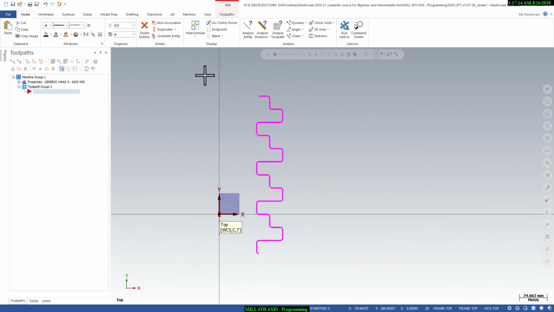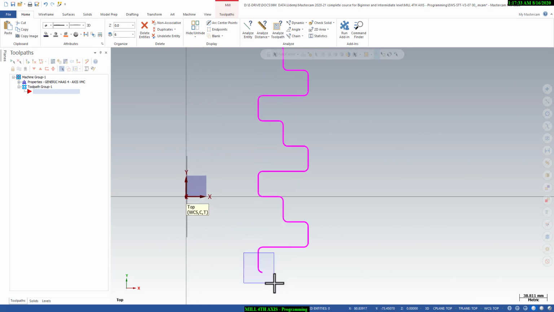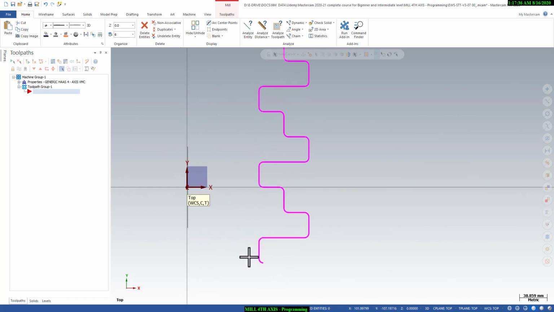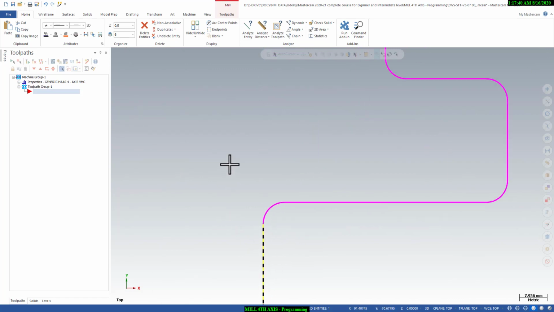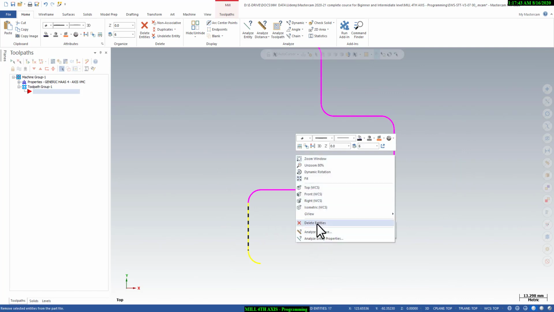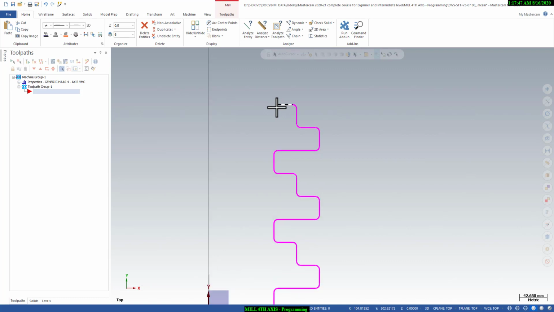So what we will do, first we will create a program for this area, and this area. So as you can see now all the areas are looking good, but you can see here there is no curve, right? So we will move this area, or simply you can delete this because we don't need this one actually. You delete that, and what we will do, we need a curve, we need a fillet in this area.